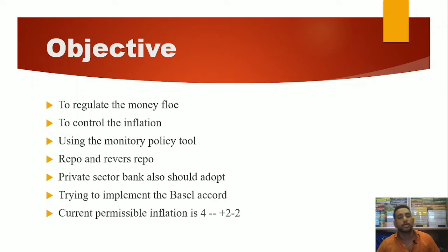Okay, so now, according to that, there is one concept called the Basel Accord. See, we are trying to implement the Basel Accord. The Basel Accord is a Switzerland-based accord. According to the accord, they give some liquidity adjustment facility rate or inflation rate. Based upon the inflation rate, the country is going to maintain inflation accordingly, right?